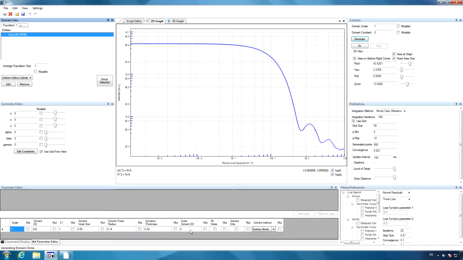When we select the PDB in the objects tree, more options appear at the bottom, in the Parameters Editor pane. We changed the outer solvent electron density from 0 to 364. If 0 is selected, the solvation layer is not taken into account. We then select the Fill Holes option to add solvation in cavities in the structure that is sufficiently large to